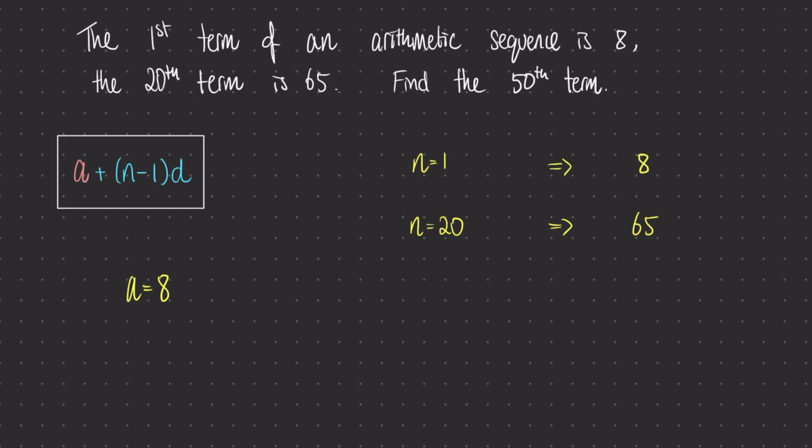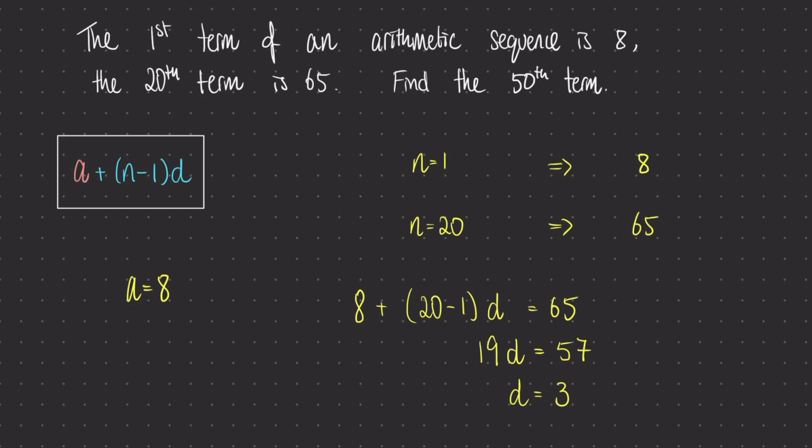So I can take the value now of 8, insert it into the formula, and use the second case where n equals 20. I don't know the value of d yet, so I'm keeping that as an unknown variable, and we know that the value of this is 65. I can now rearrange and solve this equation for d, so subtracting 8 from both sides and simplifying, and now dividing by 19, I find that the common difference is positive 3,